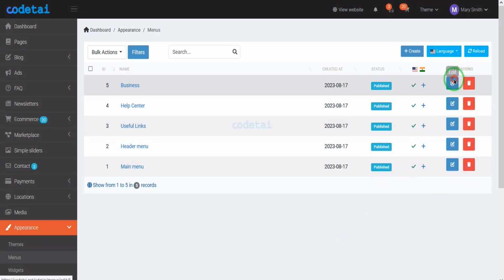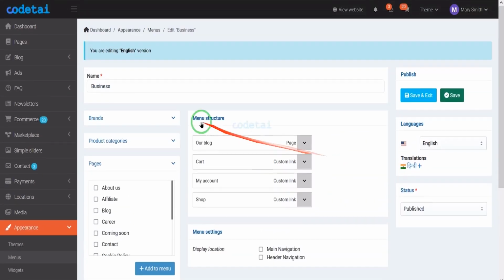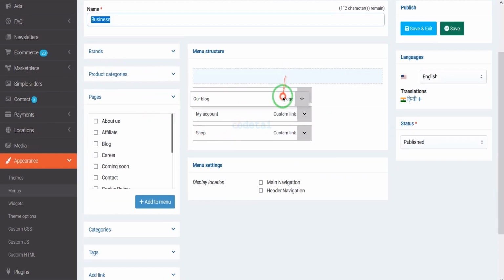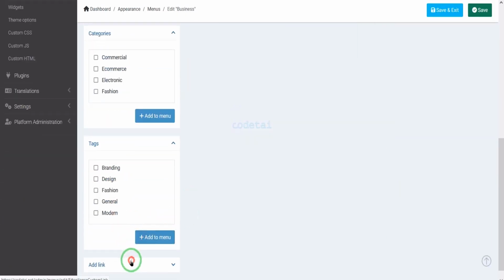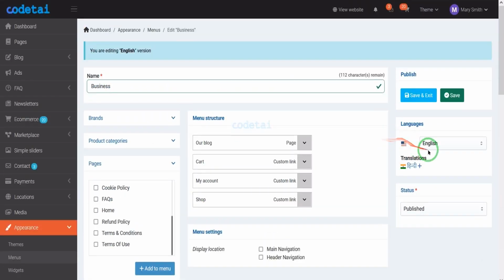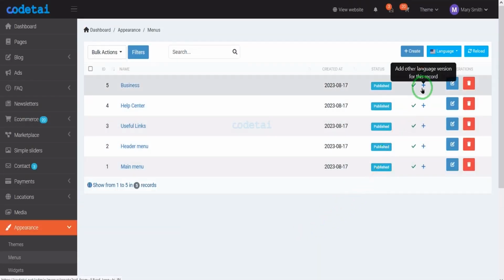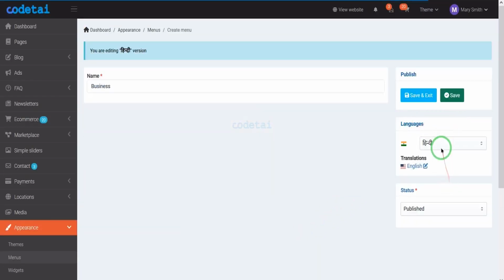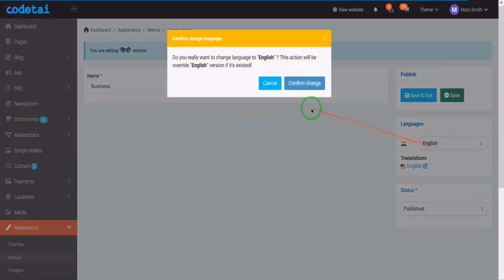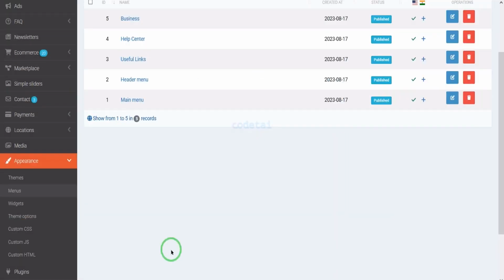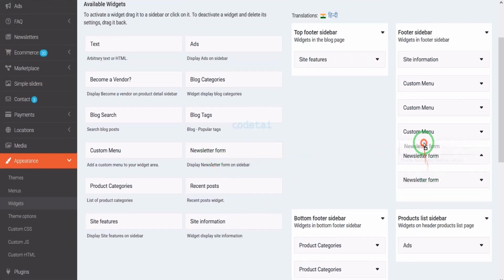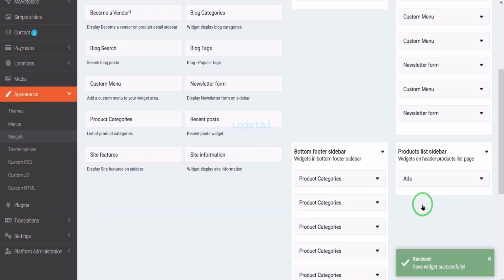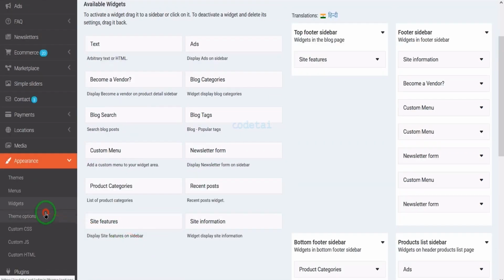And we can edit each of the default menus. Here we get great features for editing menus. We can use these features to customize the menus nicely. We can translate the languages by clicking on the plus icon. We can easily customize the widgets section of the website. Here we can customize each feature step by step. Now we will go to the theme options section.